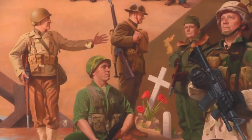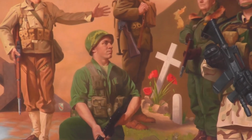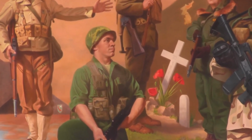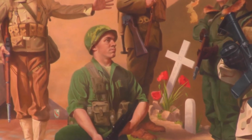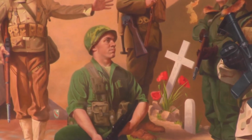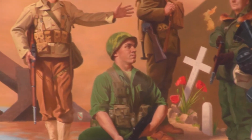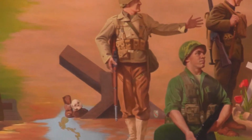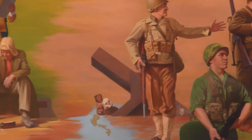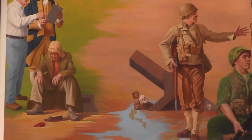You'll also notice the soldier standing on the Italian boot, and we have the Red Bull Brigade, the 34th Infantry Division. Sort of move over to a gentleman with a fur collar that takes us to the Korean War. We then come down to the front to the war in Vietnam. We also then see a contemporary soldier who has three different uniforms. So he has the Woodland uniform flak vest on, he has the first Gulf War helmet cover, and then his